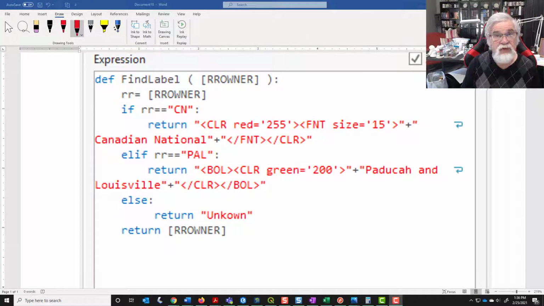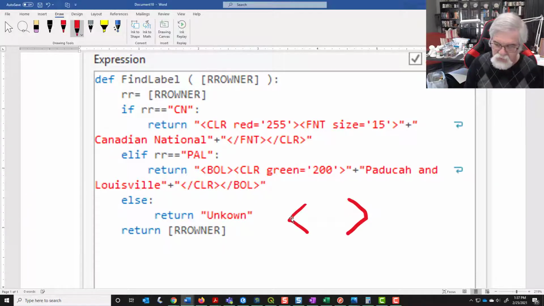In the advanced labeling section using Python, what we're going to look at is how do we change the font faces, how do we change the font colors to make things more user-friendly and to make the map more explainable. So first of all, when we look at changing colors of the font, it's going to use a tag feature, and the way the tag feature is going to work